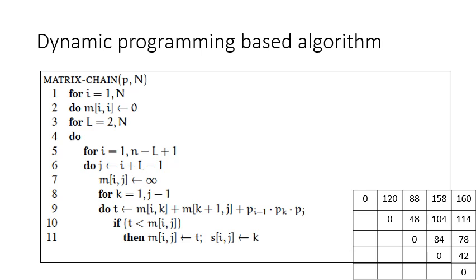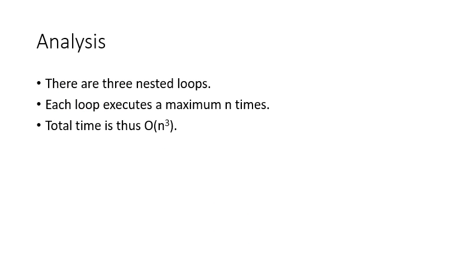This is the algorithm for matrix chain multiplication problem that we have seen in the previous slides. The input to this algorithm is the dimensions and number of matrices. The first loop is used to assign diagonals the value of 0, and the remaining 3 nested loops are used to fill the rest of the table. From this you can easily guess what will be the running time or complexity of this algorithm. If your guess was n cube, then you have guessed the correct answer. The running time of matrix chain multiplication algorithm is big O n cube.